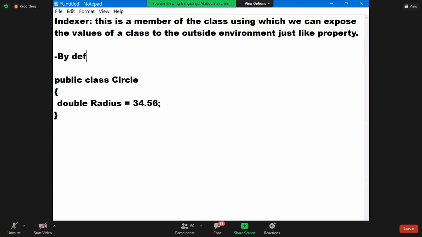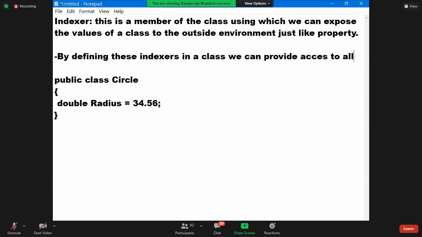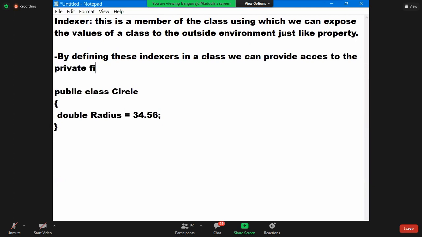By defining these indexers in a class, we can provide access to the private fields of that class, just like an array.